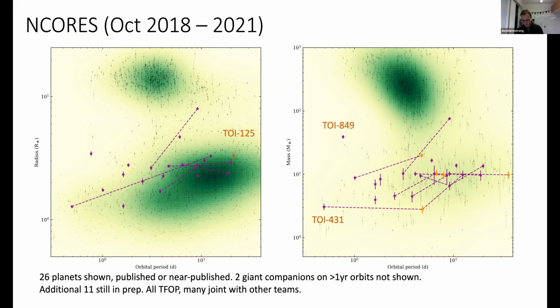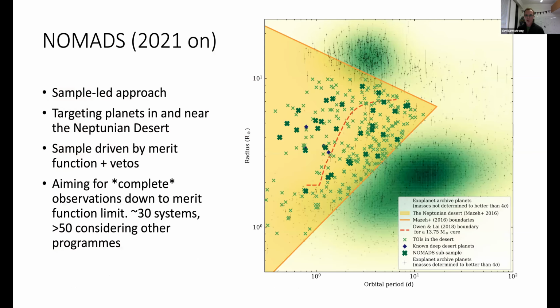One thing I want to say, you can see the sensitivities of HARPS there. We're finding planets well within the 1 to 4 Earth radius regime. The follow-on from this, my program going from 2021 on, has switched name and has a slightly different target. This is to follow up these deep desert planets that have started cropping up, TOI 849, LTT 9779, TOI 2196 you heard about recently, and to see if we can start doing a more statistical approach to following up planets in and near the desert. So the goal here is to take a sample-led approach, to find a merit function and make a sample and try and complete it as far as we can,